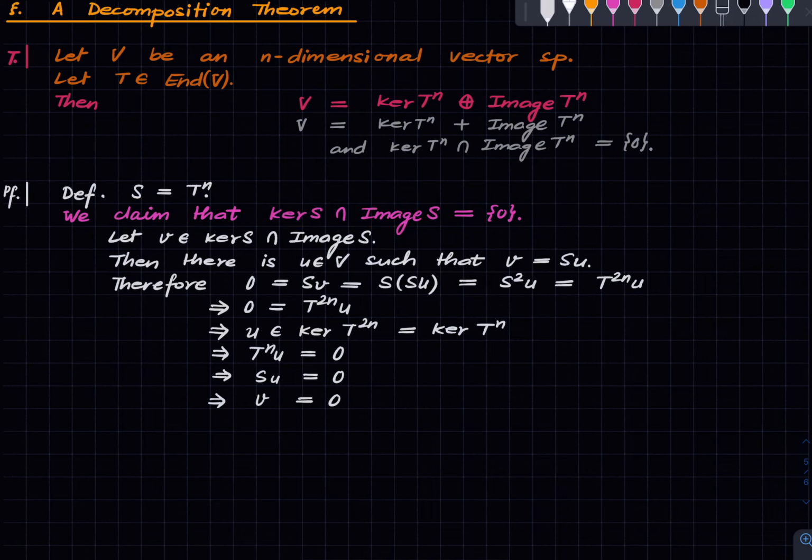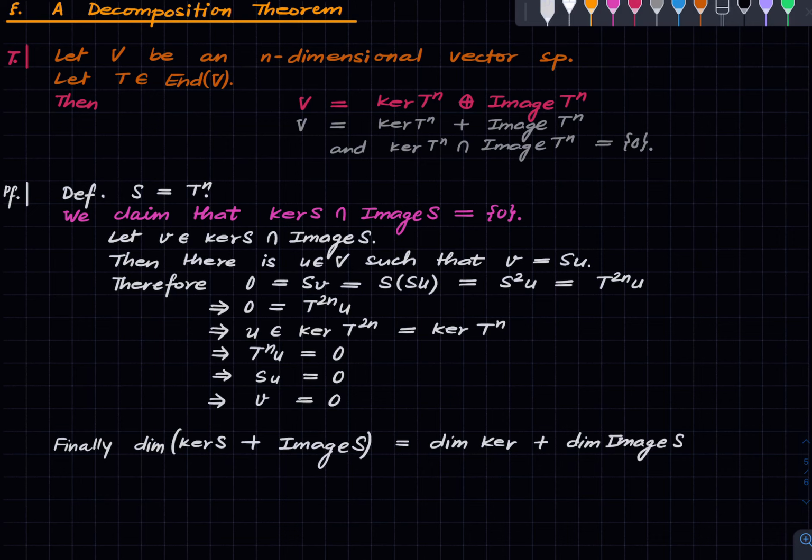plus dimension of that, or rather, okay, so fine. So what we want to show is that, or rather, what we are interested in is kernel S plus image S. We want to show that this is the entire vector space V, and that can be done if we can just show that the dimension of this thing is n. But what is the dimension? The dimension of the sum is the sum of dimensions minus a correction term,